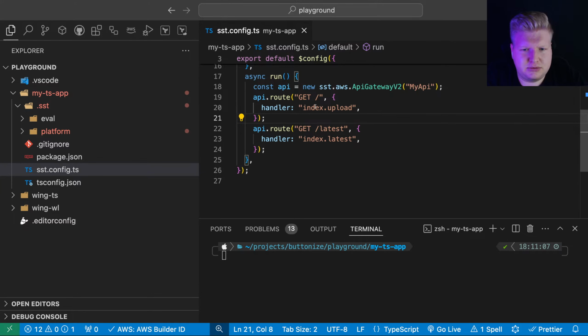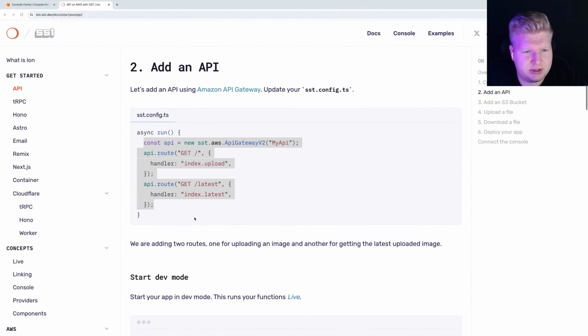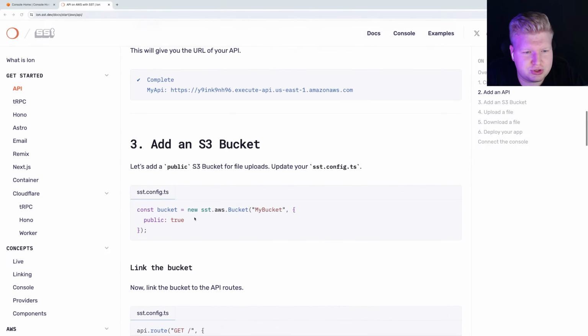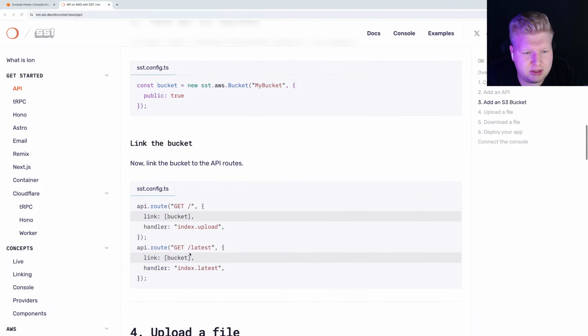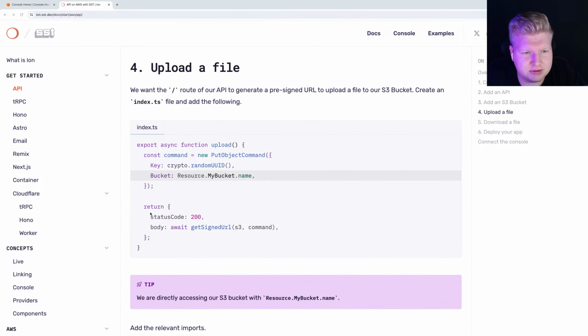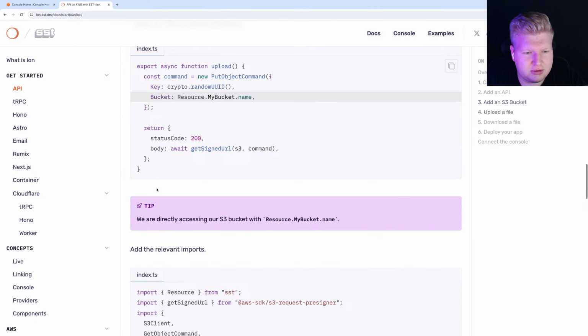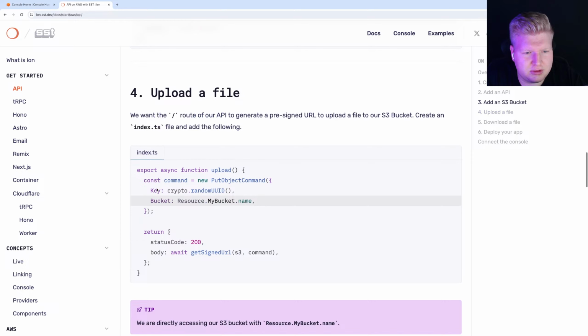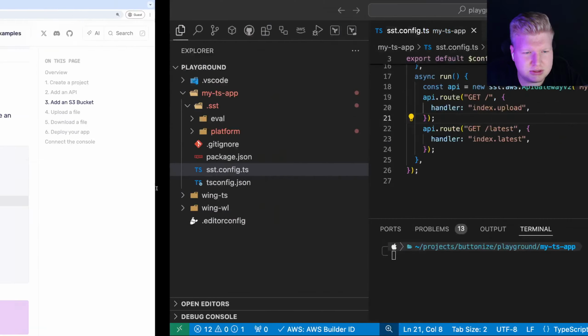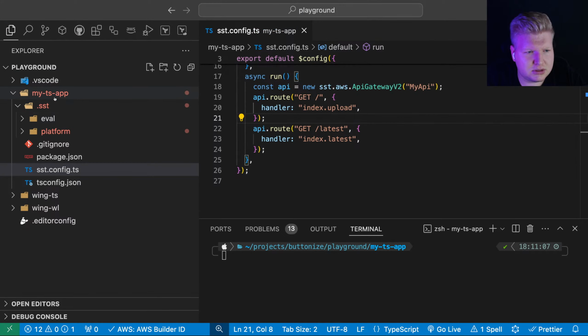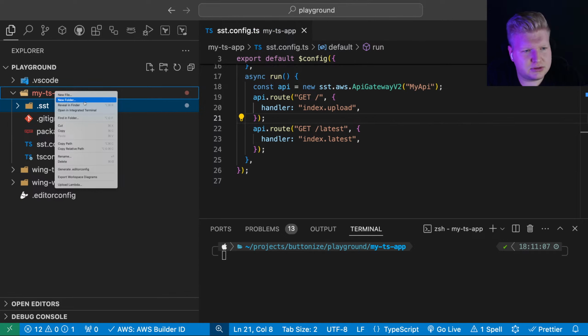I created some routes, and now I need to create the files, which nobody is giving me the contents of. So I guess I can use this index. Yeah. So let's create a source folder.